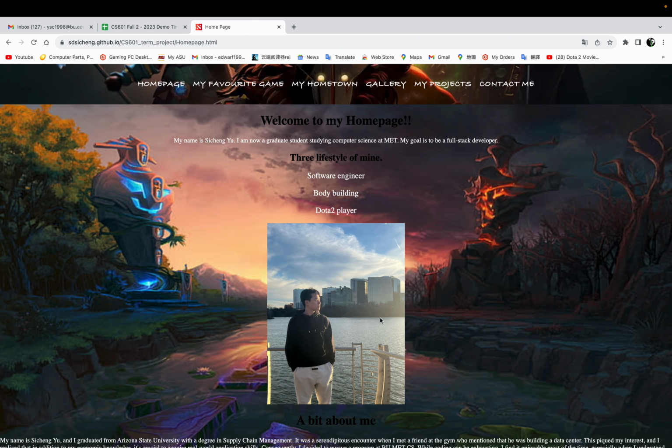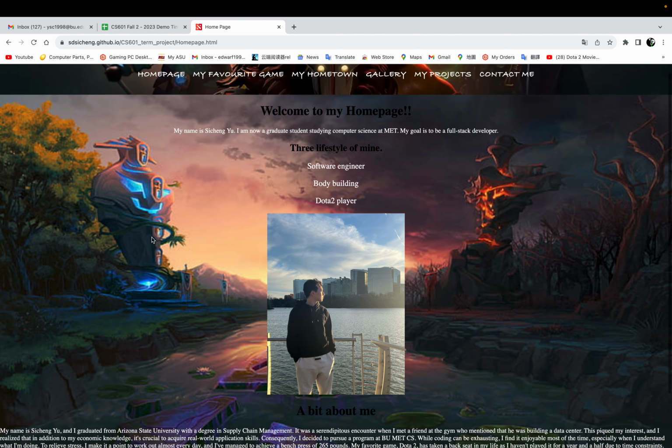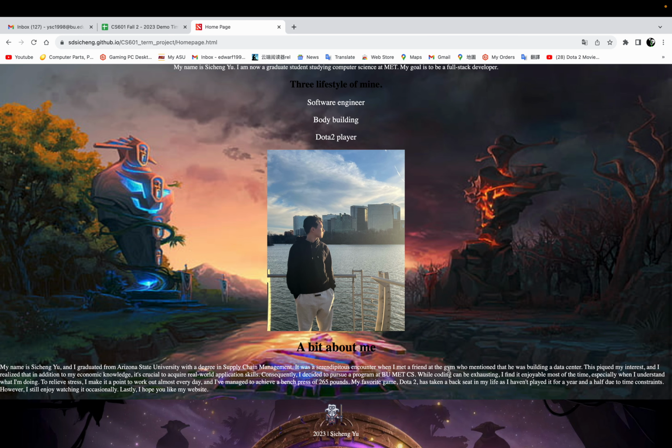When you hover the mouse over those little title links, they just float. So it will give the viewer more interest to keep browsing. Then I briefly introduce who I am and put a picture of me taken in DC. When you hover the mouse, you can see the second picture, like I was moving in this web page. So after these little tricks, you can see the brief introduction of how I get in the life right now.